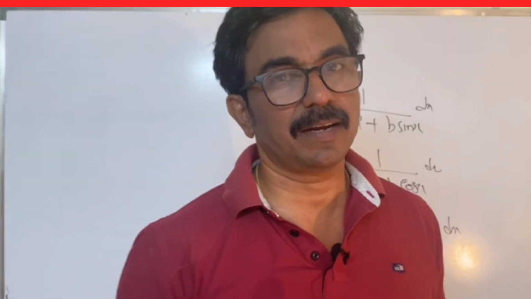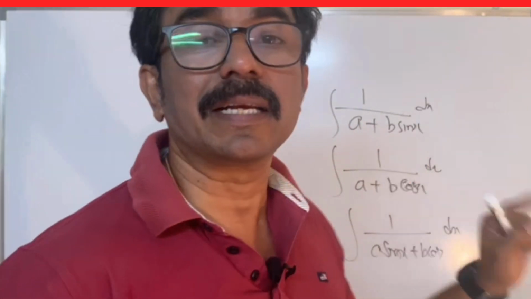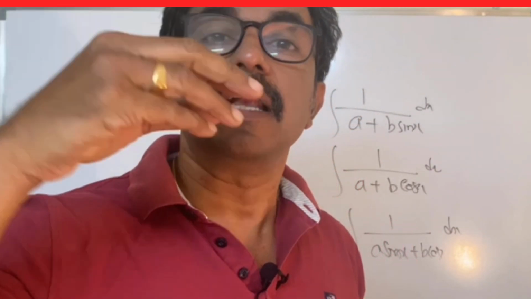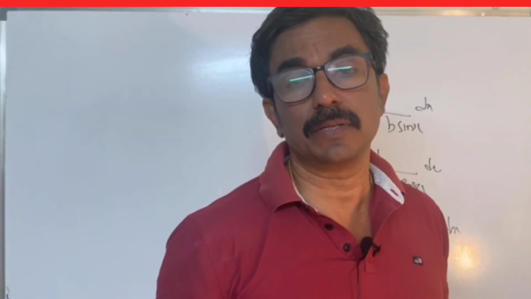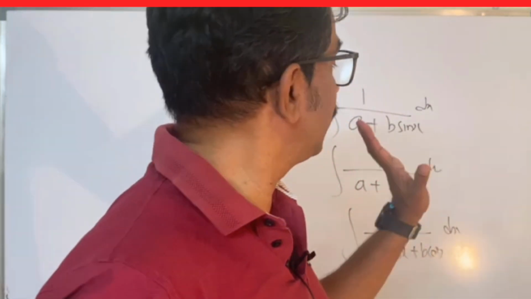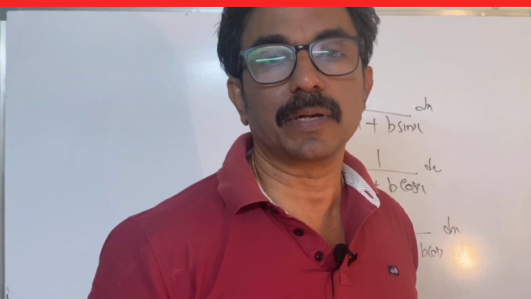These formulas we learned in class 11. If you do that, then after taking LCM, the 1 plus tan square(x/2) will go to the numerator, and which will act as sec square(x/2). It will become the derivative. Then you take tan(x/2) as t, and then you can go for the substitution method.